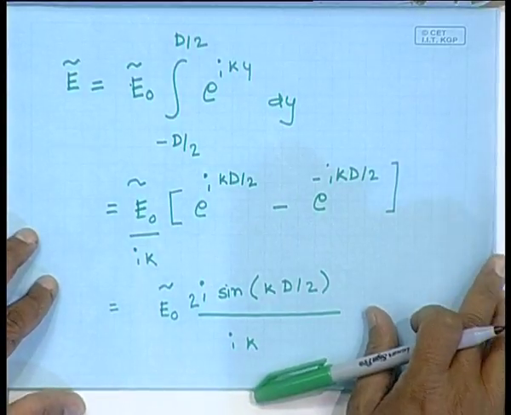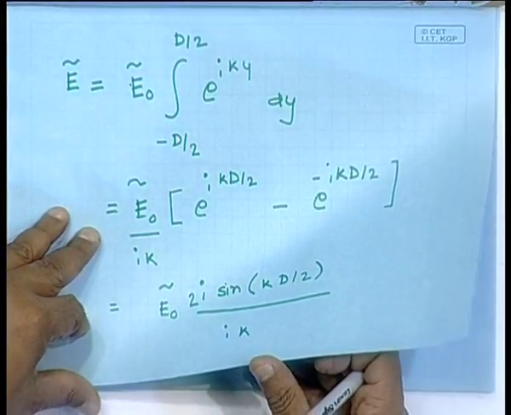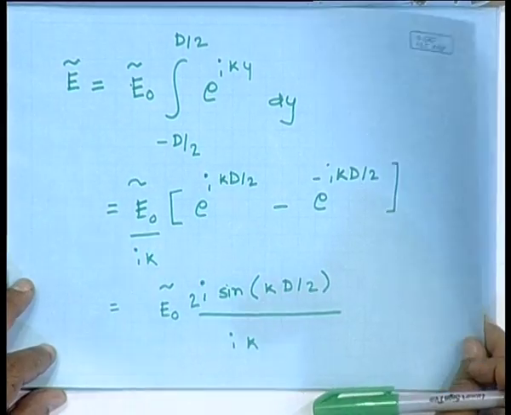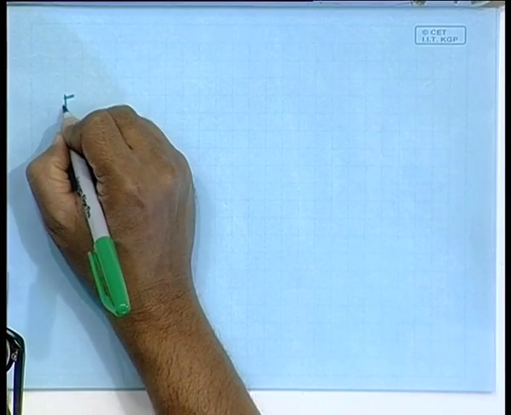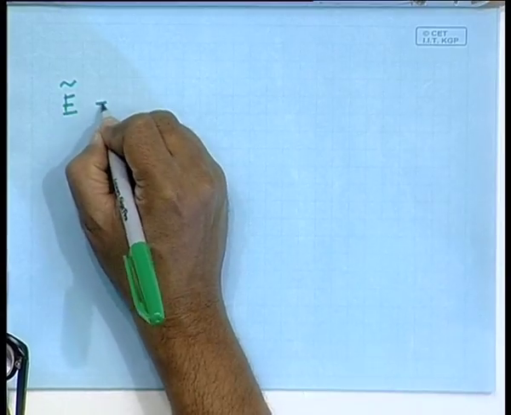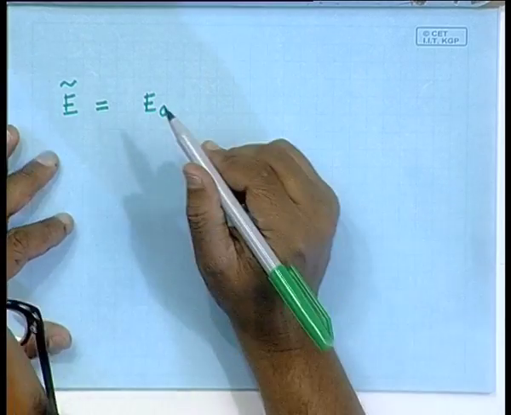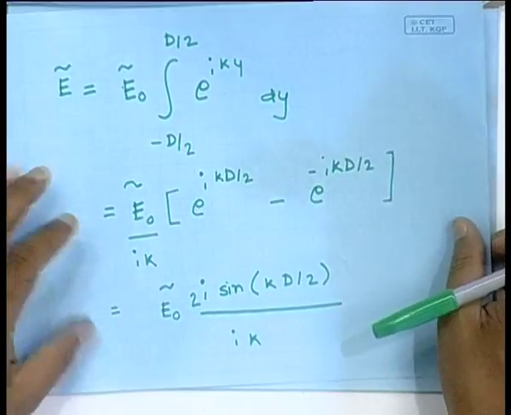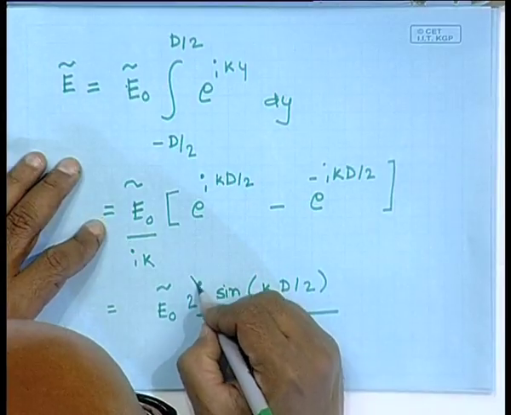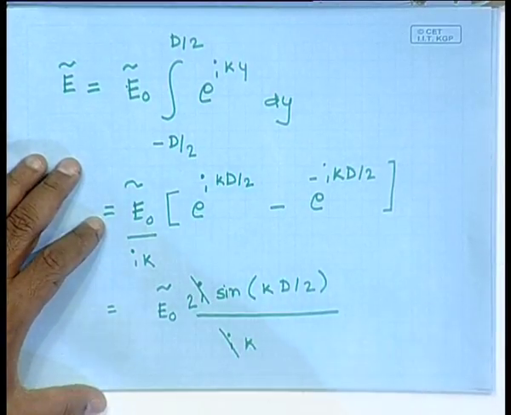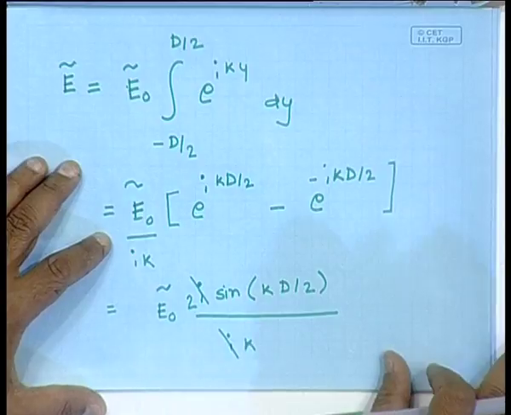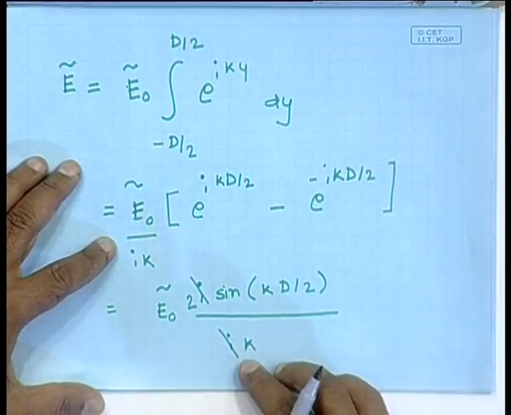So, the resultant superposition of all of these waves from these infinite number of sources which are on the slit, the resultant superposition is E equal to E naught, then this i cancels out and I put in the value of k. K is 2 pi sin theta by lambda, the factor of 2 cancels out and I can write this as